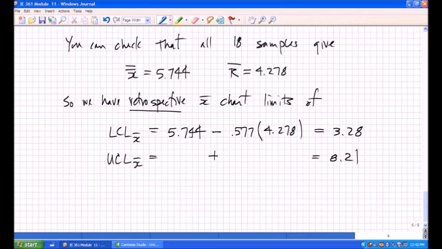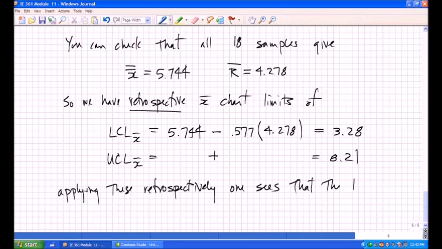And then applying these retrospectively, what you find is that all the last three X bars are all outside of control limits. So applying these retrospectively, one sees that the last three X bars are all outside limits,